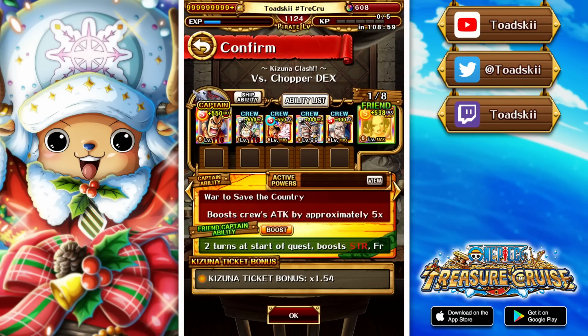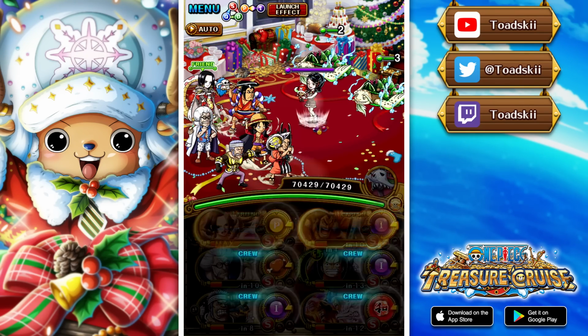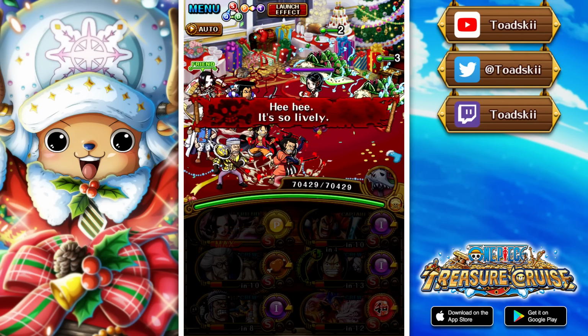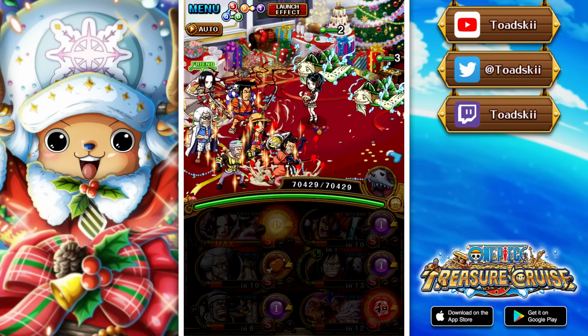Moving on now to a different team versus Dex, and this one is going to be utilizing Oden as the captain, which is a lot of fun. We do have K-Dad as the sub, but K-Dad isn't really required. Just replacing K-Dad with any unit that can give you a full board of matching slots is going to be great,